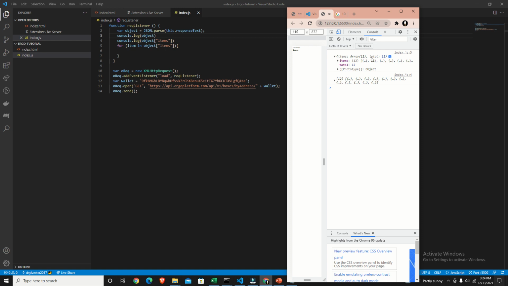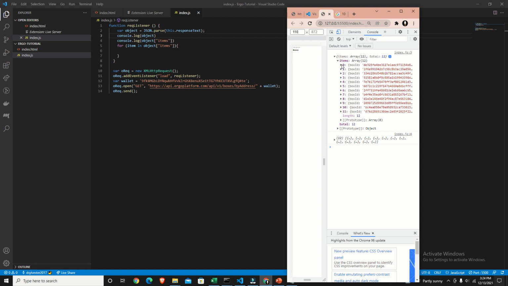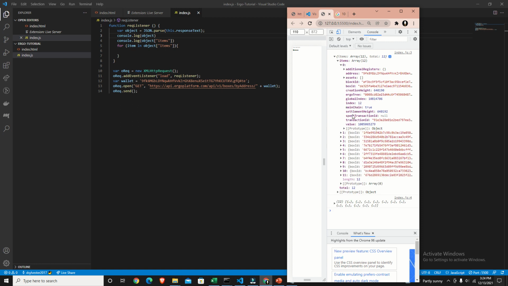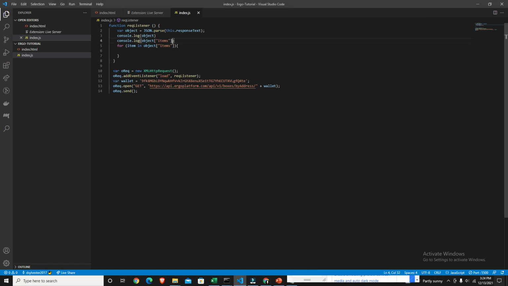There's items and there's total. Total tells me how many objects, mini objects there are in here, how many boxes there are, and then items are the actual items themselves. What I want to access is the value of each one of these items. So in order to do that, I only want to look at the objects, items. So for each item in objects, in their items, I am going to,